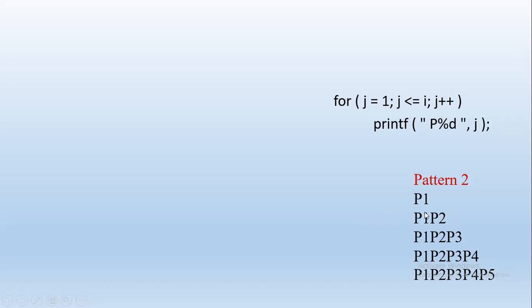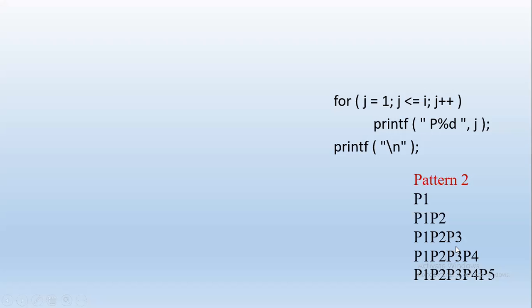That means row 2 has to be got, right? So we have to increment I also, right? So that needs to be printed in a new line every time. So we are giving a \n. Once we give this \n, the cursor now comes to the second line. Here we need to print 2 values. So that means I has to be incremented. So every time we are incrementing I, because we need how many rows? 5 rows. Start from 1, count 1, 2, 3, 4, 5. So every time I has to be incremented by 1.